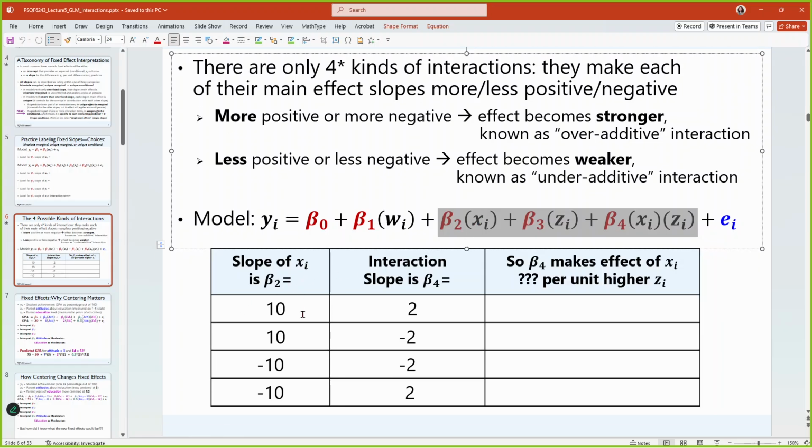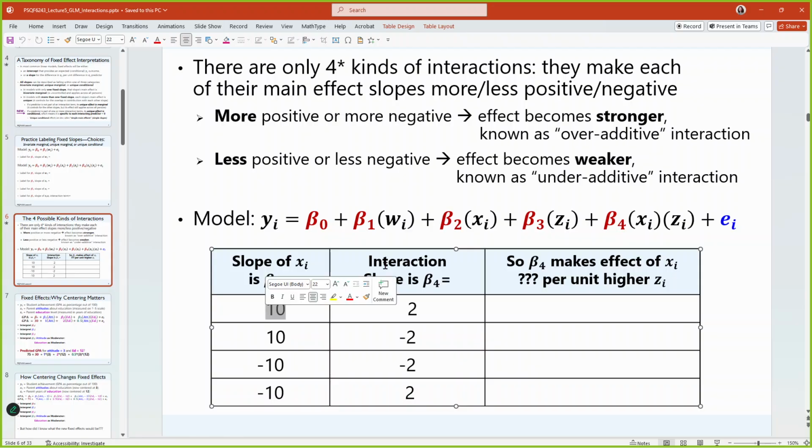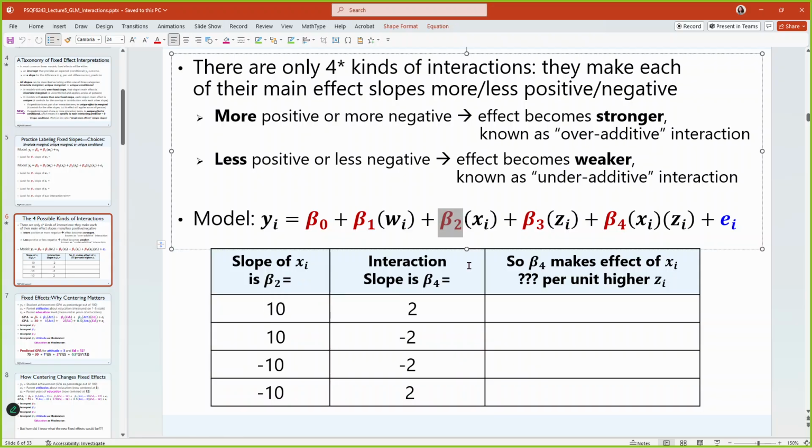So if beta 2 were 10, right here, that's 10. Let's say that beta 4 for the interaction was a positive 2. The way that I would talk about this is that for every 1 unit higher x is, y goes up by 10 if you're talking about z of 0. That slope of 10 becomes, this one is a more positive